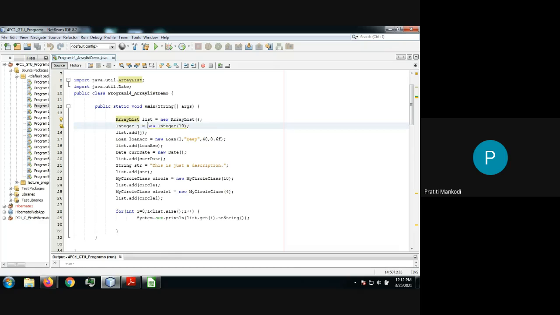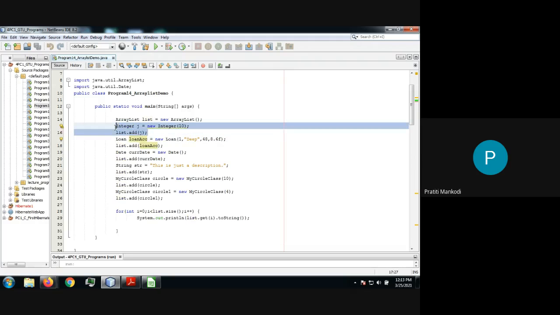And this is what a generic array list is. We are not specifying which data type I am supposed to insert. I have created a generic array list, so each and every type of object can be accommodated inside it. So what I am doing, I am just storing, let's say, an integer. See what I did. I use the wrapper class, convert my integer into an Integer object, and then I added it.